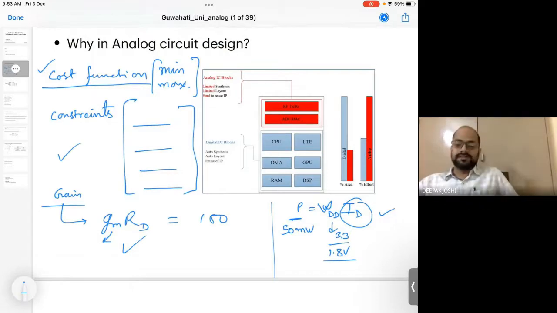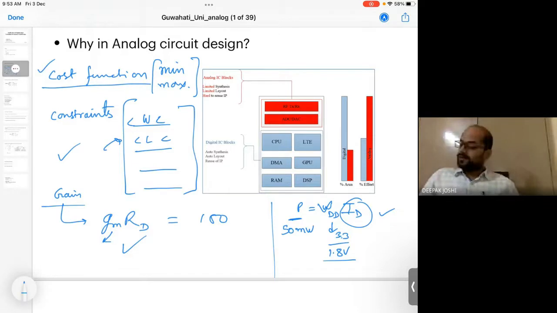construct our constraints. Okay, so what are the boundaries, or what are the limitations of the performance set? Let us say, what maximum and minimum W can be there, and what is the maximum and minimum length of the transistor possible. You can get it from the technology. Let us say, for 180 nanometer, you can consider L as 0.18 micrometer, and then